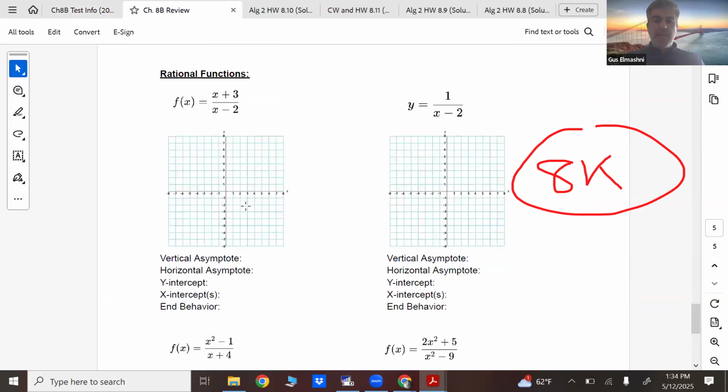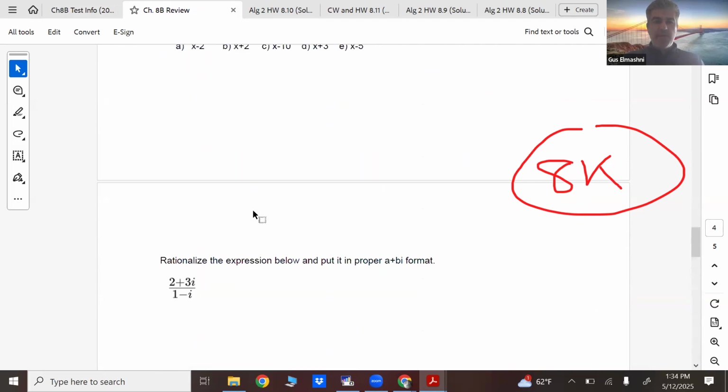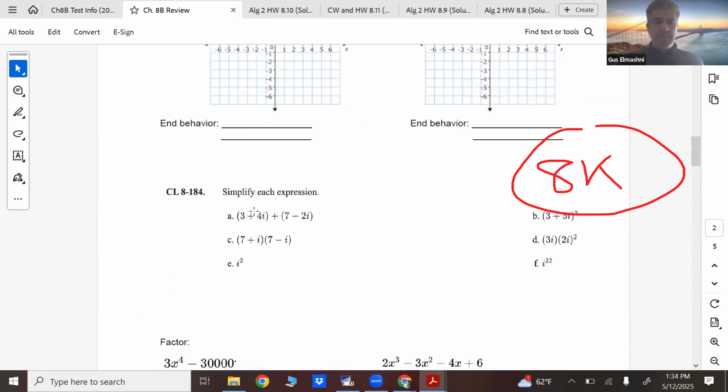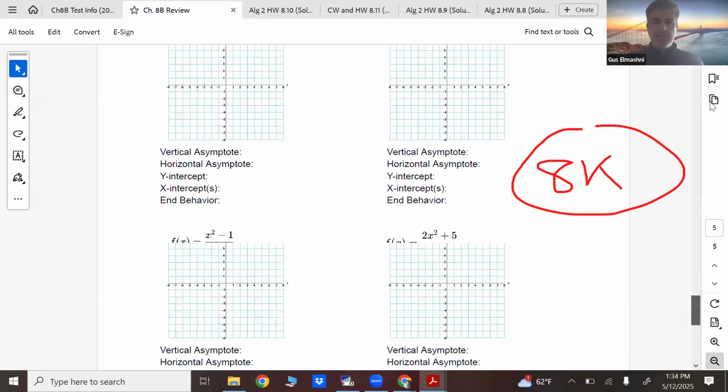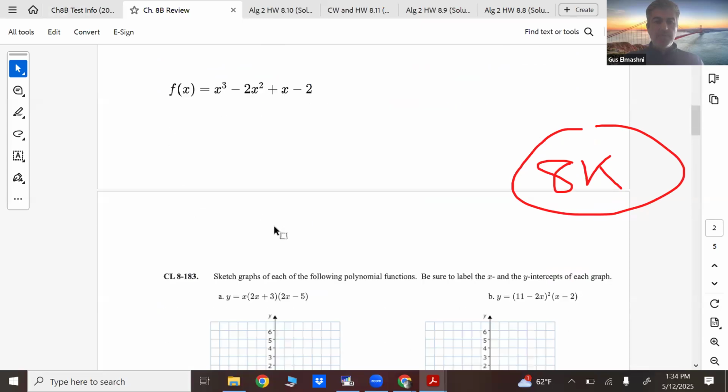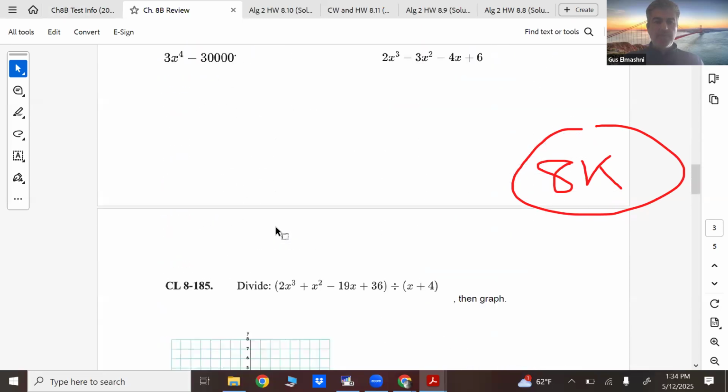Complex fractions we talked about last week. I don't see that here. I think it's on the homework. Can you do 8.185? Sure. This one here, because I started